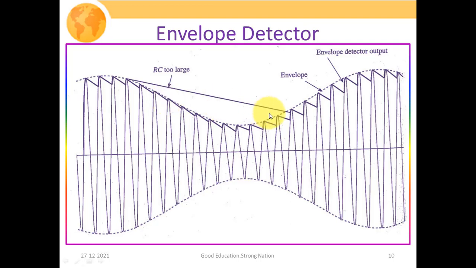Conversely, we could say that the time constant value, tau equal to RC, must have an optimum value so that it can approximate the signal variation properly. That is, your time constant value should not be too low or too large. If it is too low, then ripples will be higher, and if it is too high, it will fail to approximate our signal variation, and we are not in a state to extract our actual message signal back. So we have to have some optimum value of the time constant tau equal to RC.